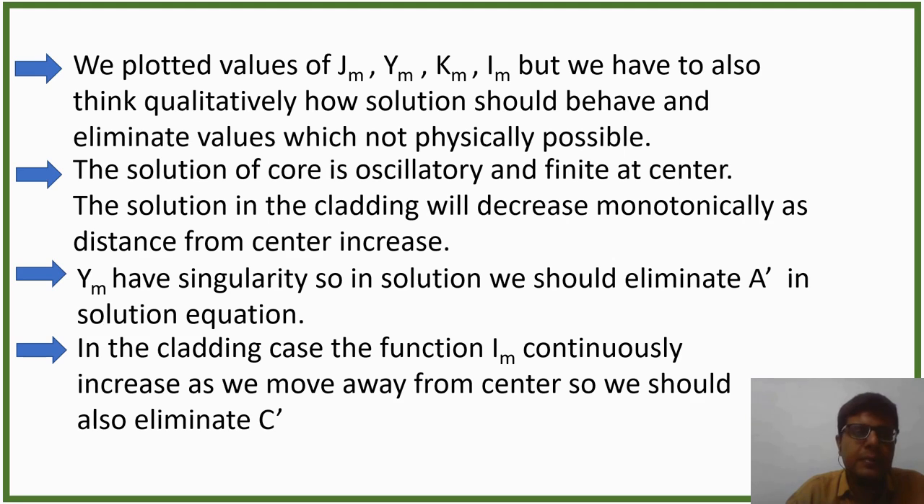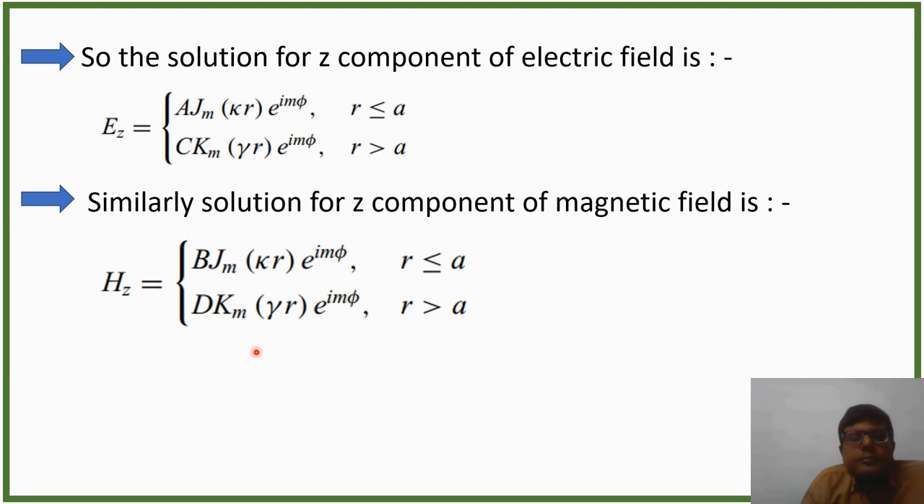The solution in the core is oscillatory and finite at the center. The solution in the cladding will decrease monotonically as the distance from the center increases. Ym has a singularity, so in the solution we should eliminate A dash in the solution equation. In the cladding case, the function Im continuously increases as we move away from the center, so we should also eliminate C dash. So the solution of the z component of the cladding is given by this, since C dash and A dash are eliminated. Similarly, we write the solution of the z component of the magnetic field